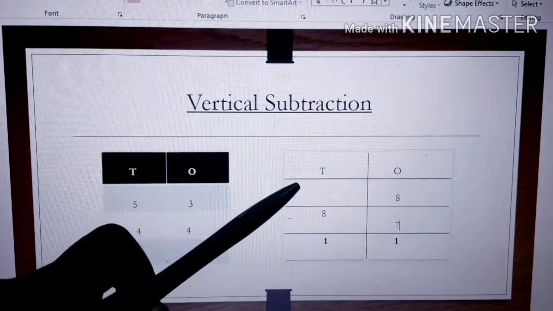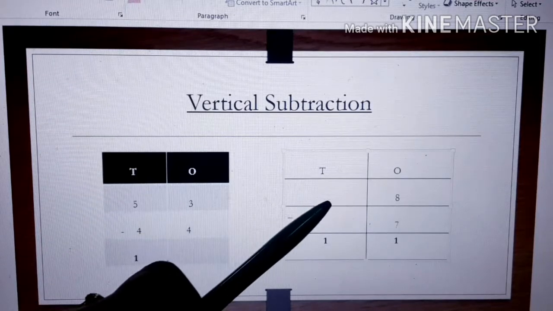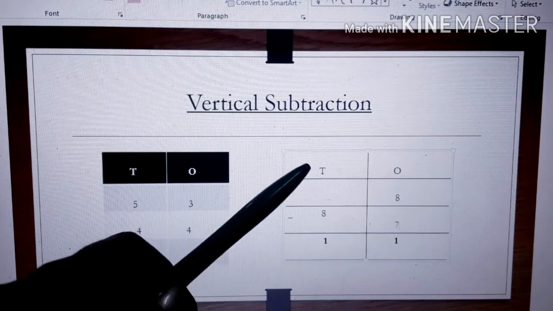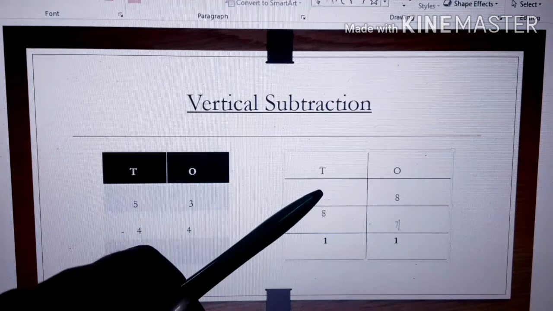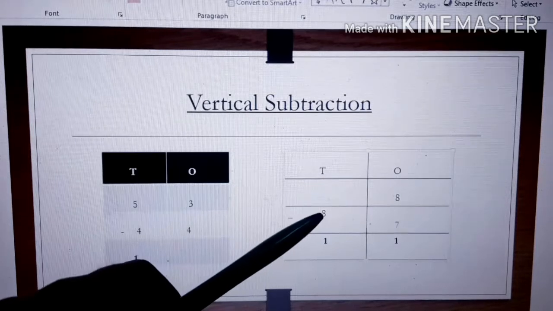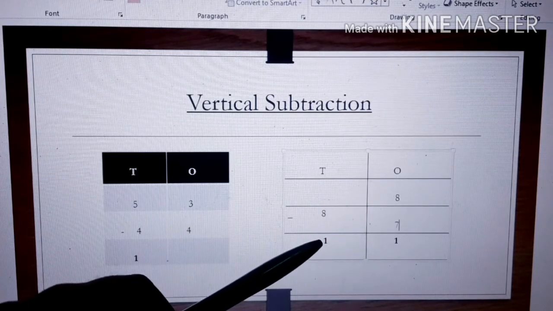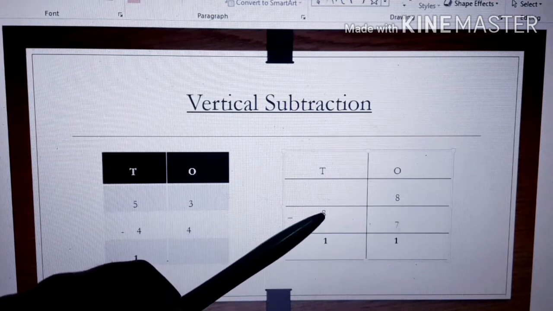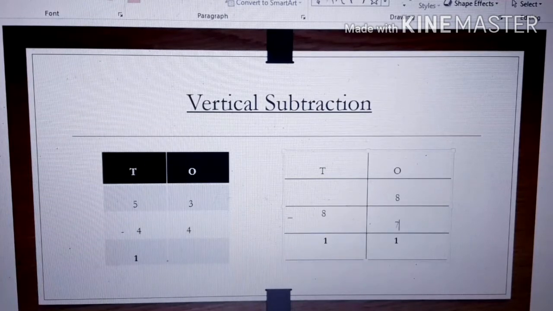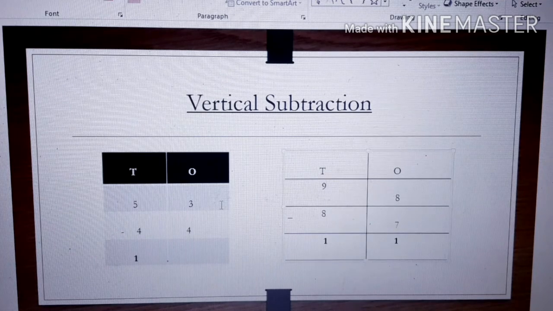Okay. Now in the tens place, you know that the smaller number is arranged below the bigger number. So here it comes the bigger number and the bigger number is missing here, right? To find the bigger number, children, we do addition of the digits which are in the tens place. What digits are in the tens place? 8 and 1. So we are going to do addition to find the bigger number. 8 plus 1 is 9. So here it comes 9. So this is how we find the missing number. Okay. Hope it is clear to everyone.